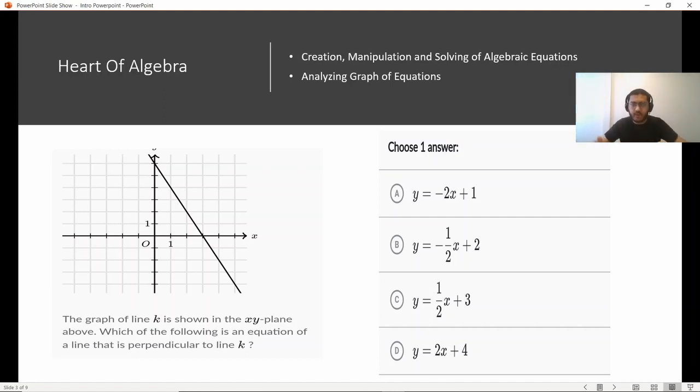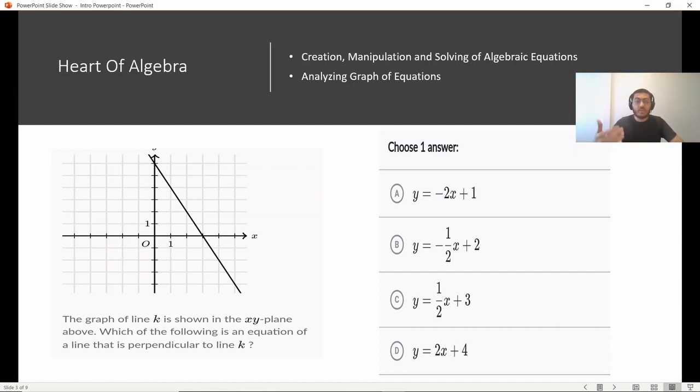And I can just look at choices A and B. The coefficients for x are -2 and -1/2, and both of them are negative. So I can just take one look at the question. I'm certain right away that A and B are never going to be my answer. My choice is between C and D. And this is a process that takes less than 10 seconds for me. So we can look at choices A and B, eliminate them immediately. We're left with two choices. And on our worst day, if we close our eyes and guess, we still have a 50% probability of getting it right, which is